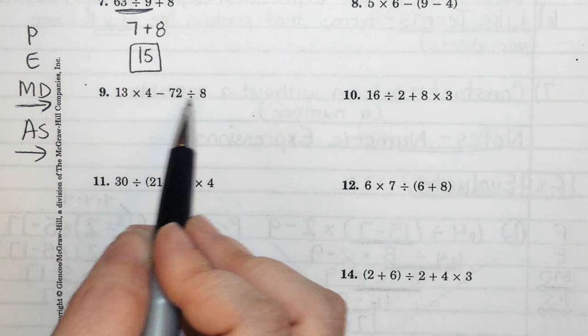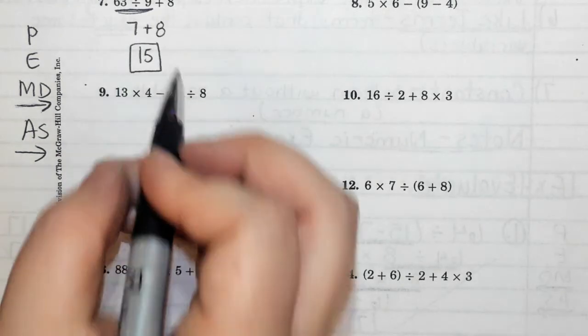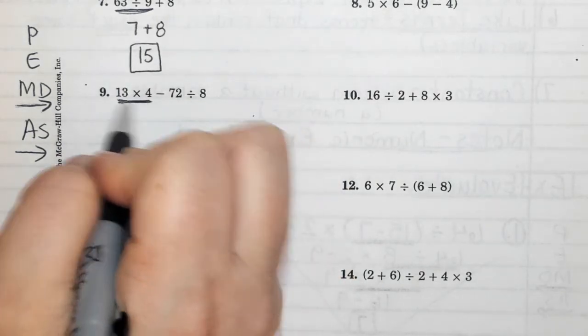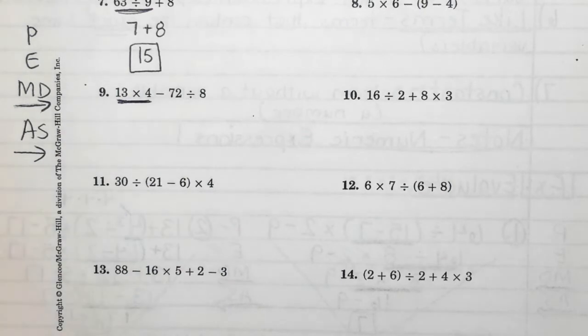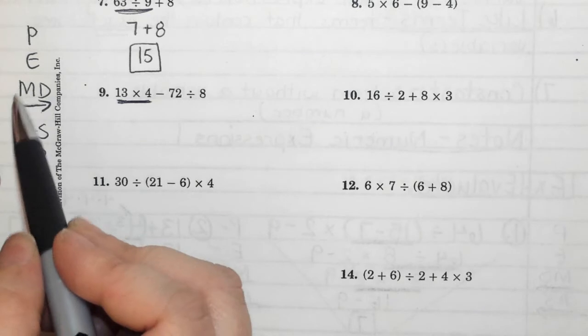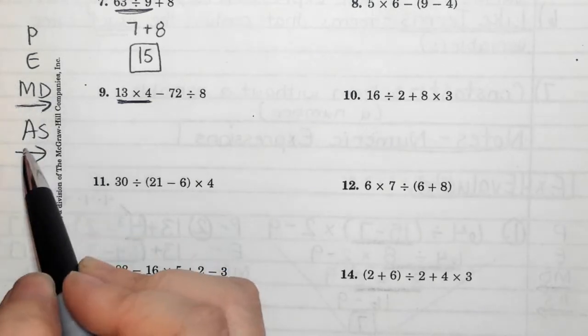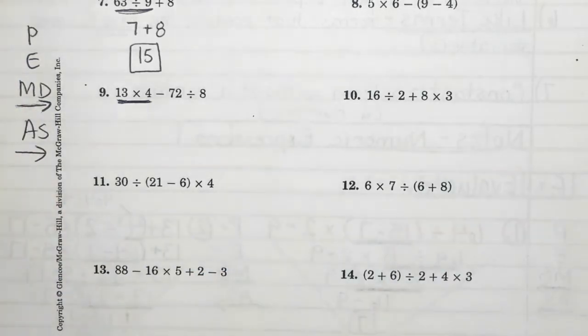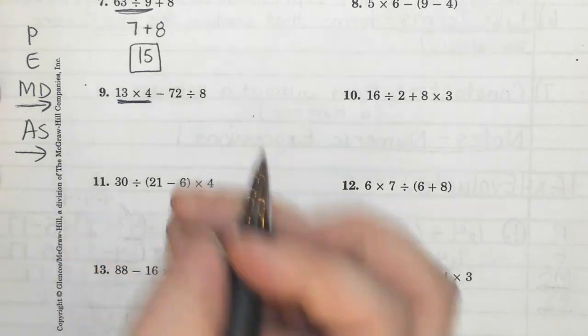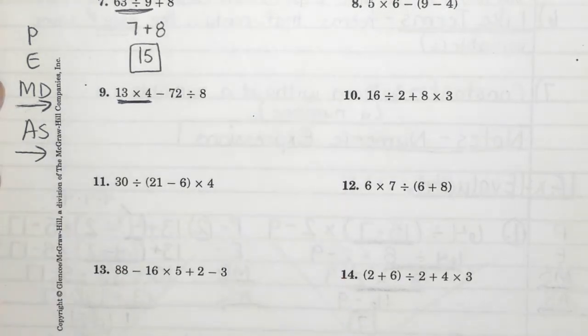Which one comes first in the problem? The multiplication. I think I've made you so nervous about going in order, y'all are wanting to do it backwards. All right? You just do these in order. So guys, when we're putting that MD with the arrow and the AS with the arrow, you're just doing it in the order of the problem. That's what that arrow means. All right, so 13 times 4 is